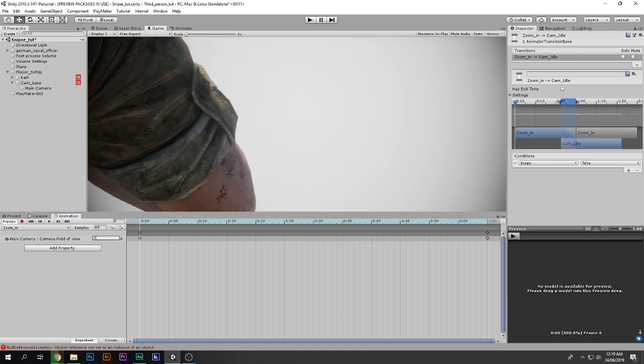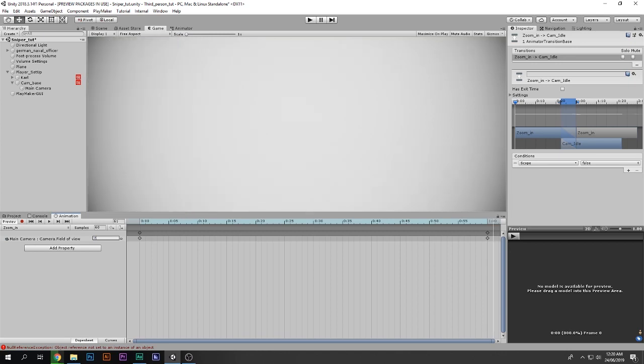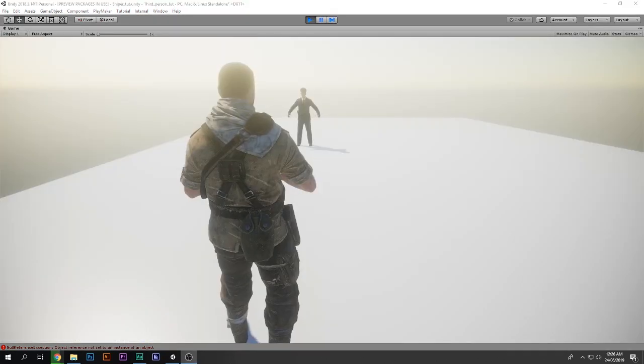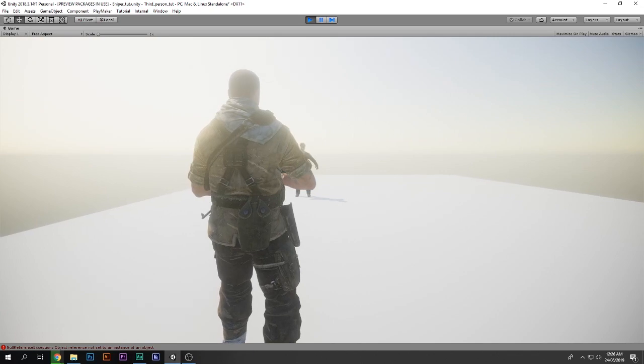I guess 7 will be good. 7, and then over here also 7. So select these guys, set this to 7. So now if I play the game, but as you can see there's one problem, that is when I zoom